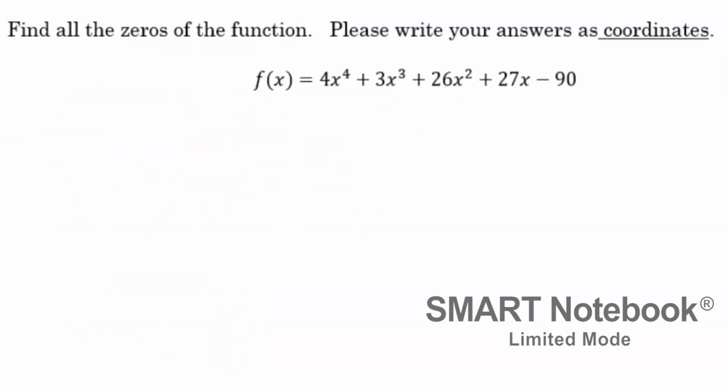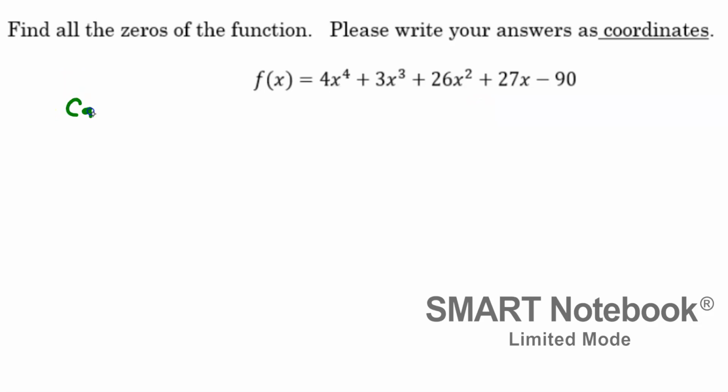The second problem: find all the zeros of the function. Please write your answers as coordinates. So this problem, we have 5 different terms. So the first thing I would consider doing is taking out a GCF. There isn't a number that goes into everything, and I can't take an x out because this doesn't have one. So there's no GCF. And I can't factor this by grouping because there's 5 terms and not 4, which means